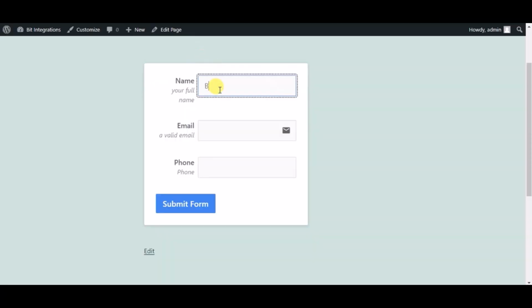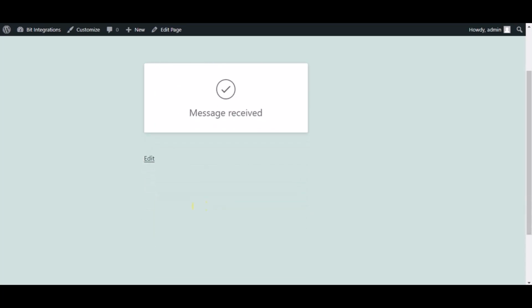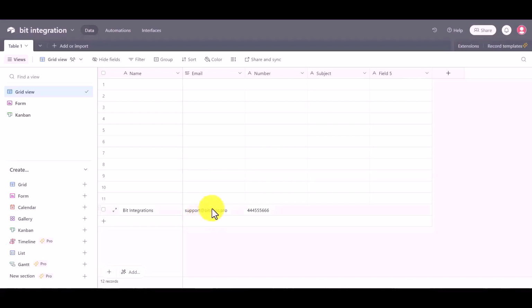Now check the integrations by submitting a form. Form submitted successfully. Now go to Airtable site and here you can see the data came successfully in Airtable via